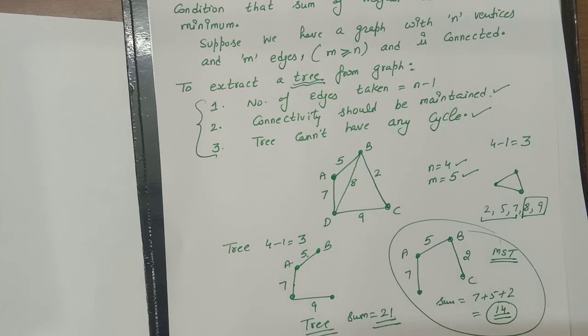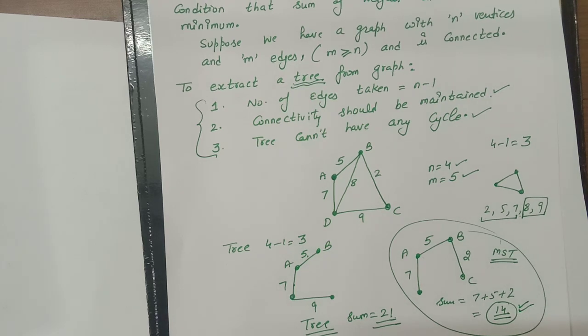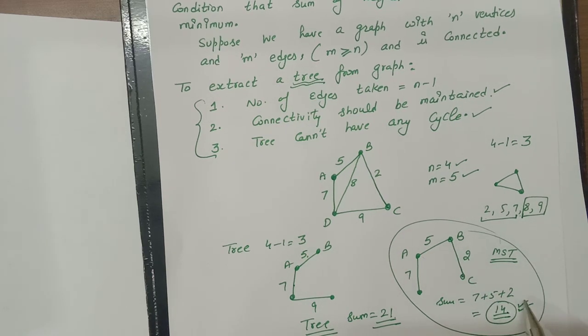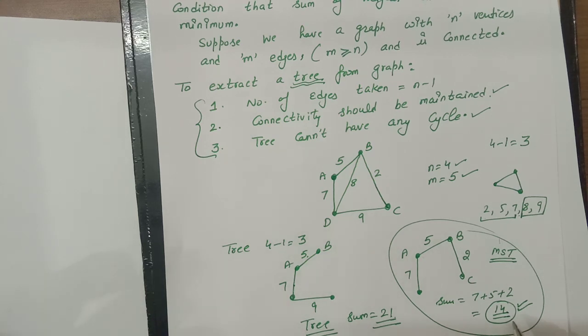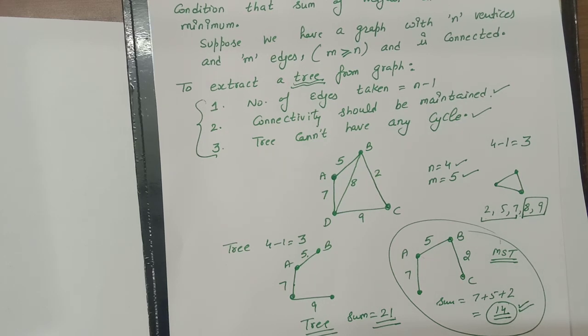Now the minimal spanning tree may not be unique, but the sum of weights is always unique. Meaning if there are a number of such trees, the structure may be different, the edges may be different, but the total is always unique. Meaning a given graph has a unique weight which is minimal. Now this tree has been found by a hit and trial method, but this is not always possible if your graph is very complex.